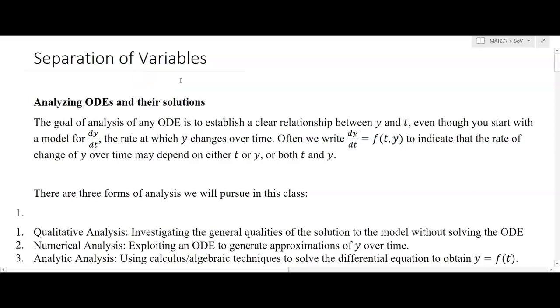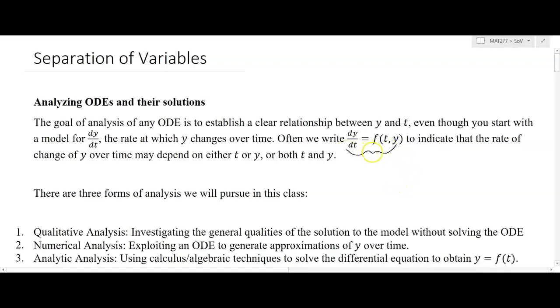Hello and welcome. In this video lesson, we're going to take a look at a method called separation of variables. As we have already mentioned, the goal of an analysis of any ODE is to establish a clear relationship between y and t, even though you start with a model for the rate of change of y with respect to t. So often we'll write this notation here to indicate a first order differential equation,